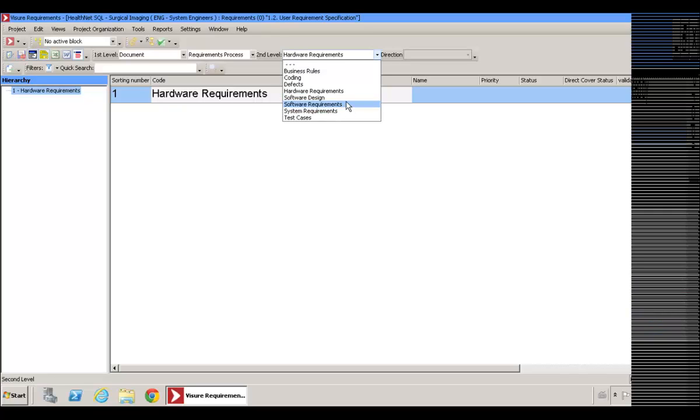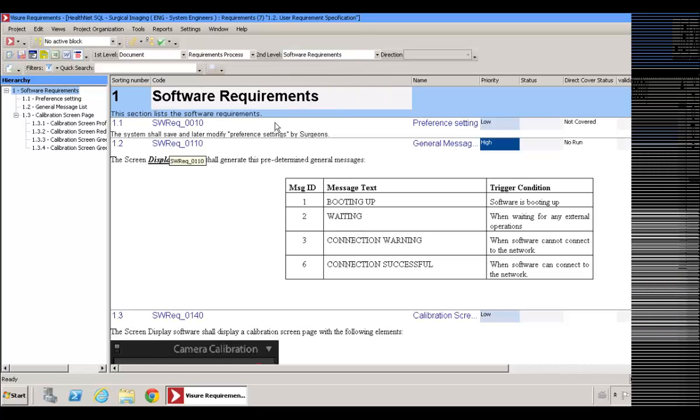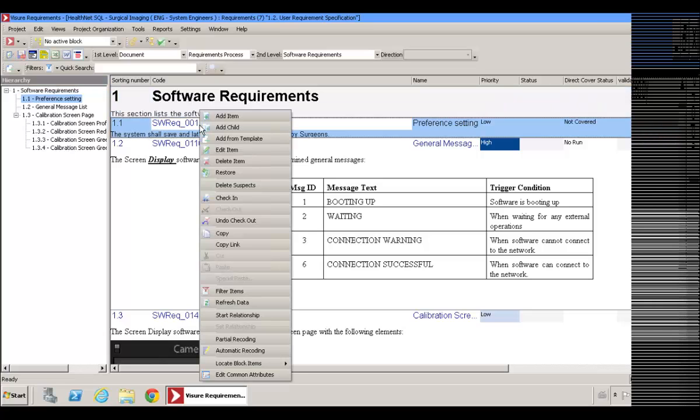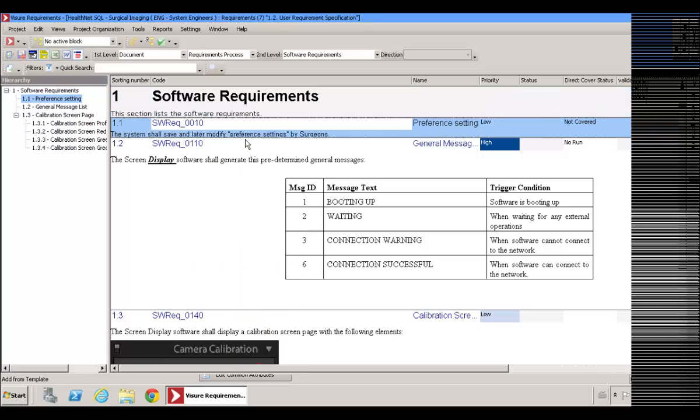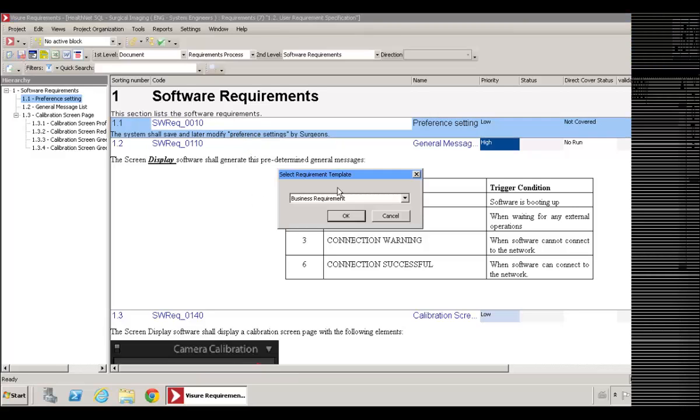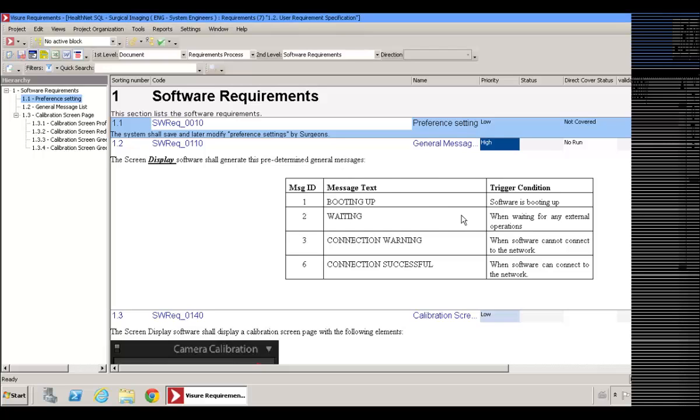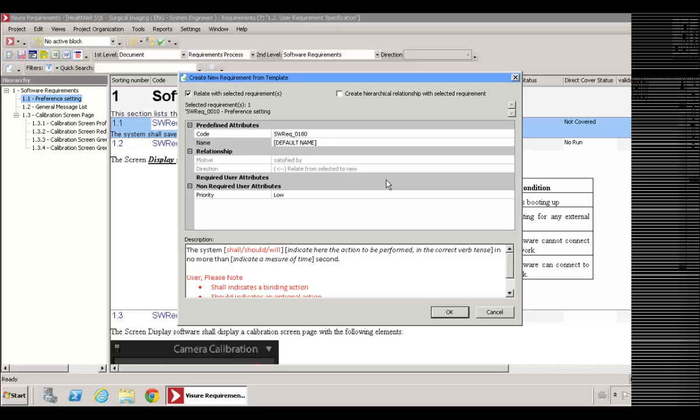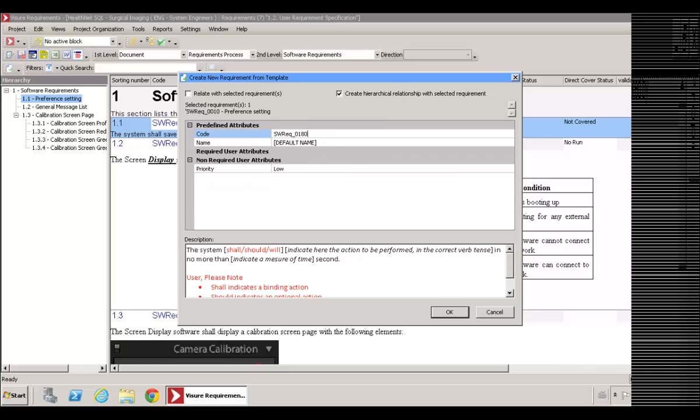Let's go to the software requirements, and let's create a new software requirement. So we can simply right-click and select to create a new element from a template. These are the different templates that we can create, absolutely custom templates, and let's create a new software requirement. So let's call this new software requirement. As you can see, my imagination is not